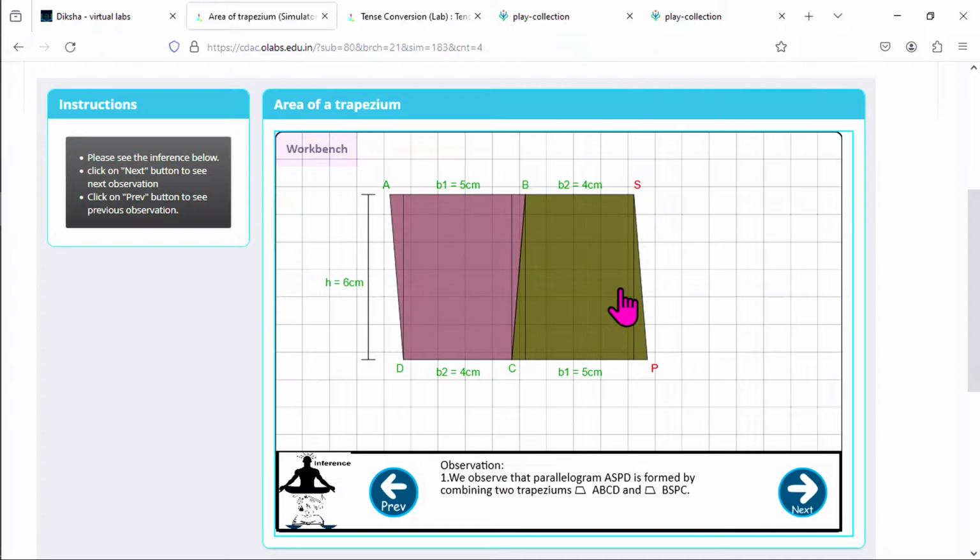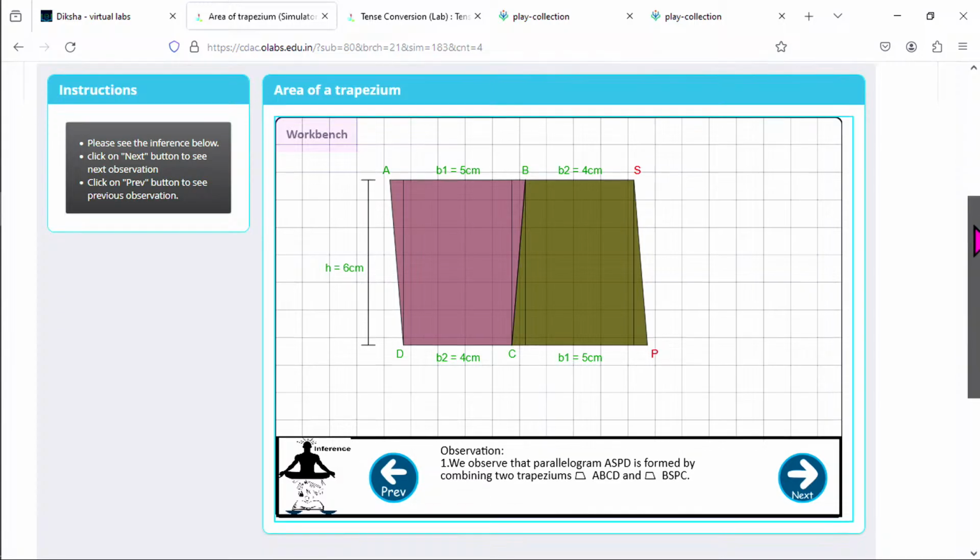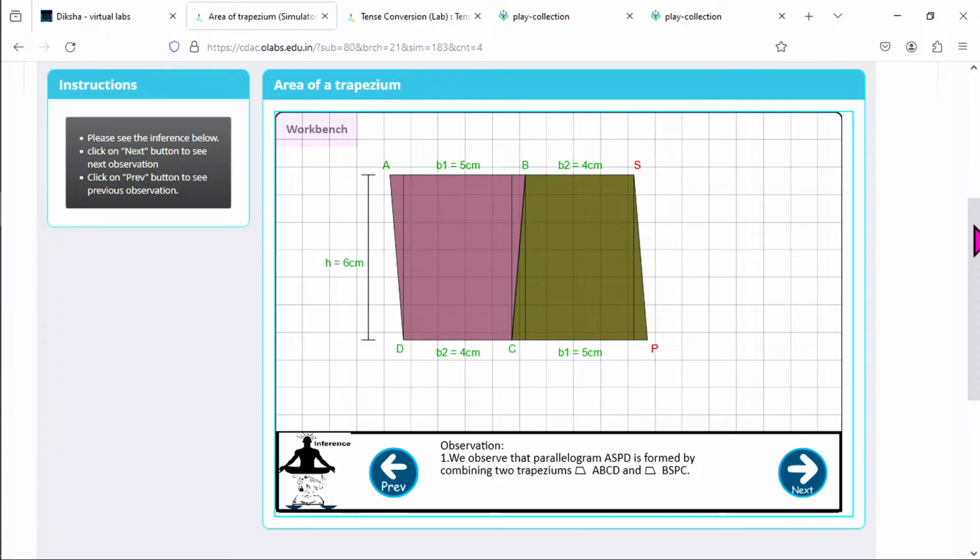Otherwise, if we would tell them verbally, or if we just write as a sentence on the board that area of trapezium is half of area of parallelogram, it is likely that most of the students would forget within a few days. But if we are showing this to the students, they can actually visualize the result. So by this, students are visualizing the concept, they are understanding, and they will remember it for a very long duration. So that is the purpose of virtual labs, that whatever they are studying, they should understand it thoroughly and they should remember it for a much longer duration than the traditional way of teaching just by using board and books.